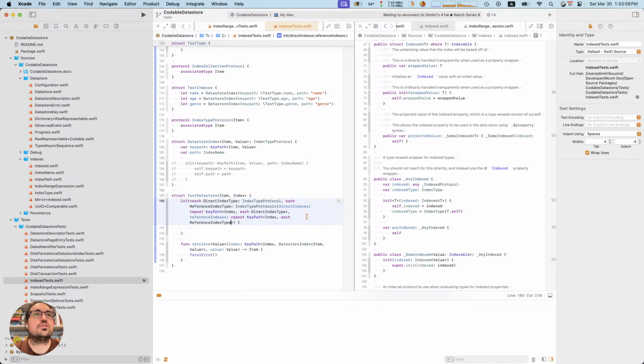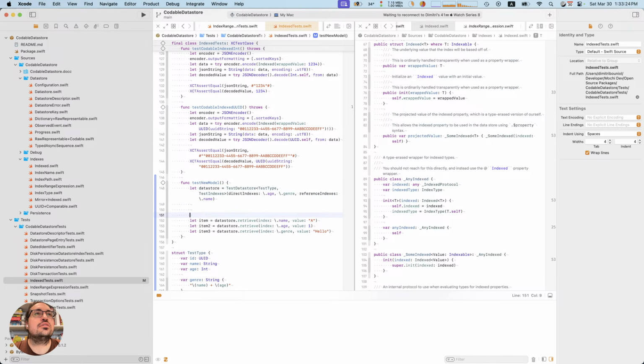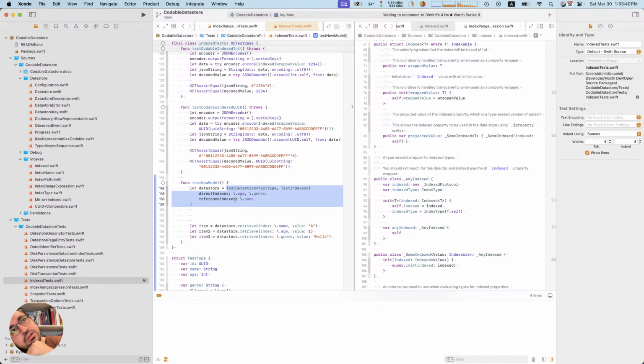And then these will be reference index. Huh, okay. Okay, so that gives me what I kind of want. So that means at initialization time, I can just specify a list of indices that I want.